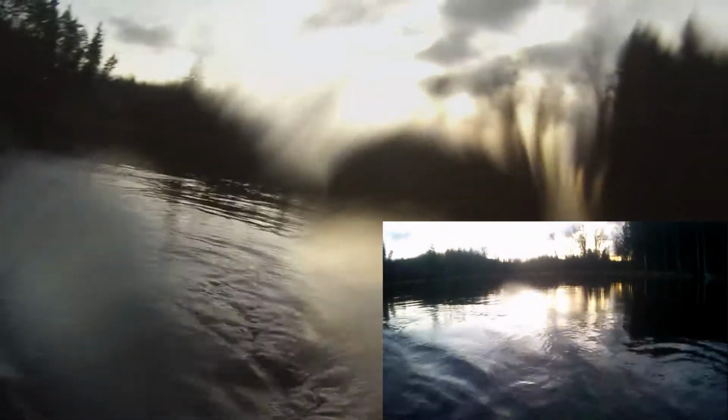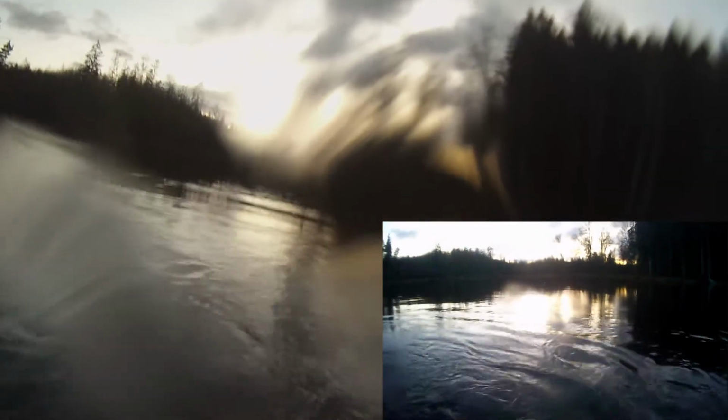So what I'm going to do now is, there's lots of splash going on over there near the shore, probably big fish. Cool. Either way,